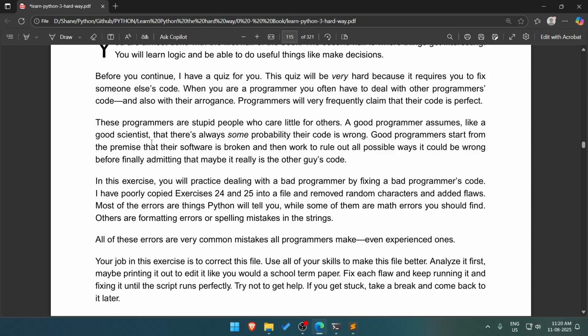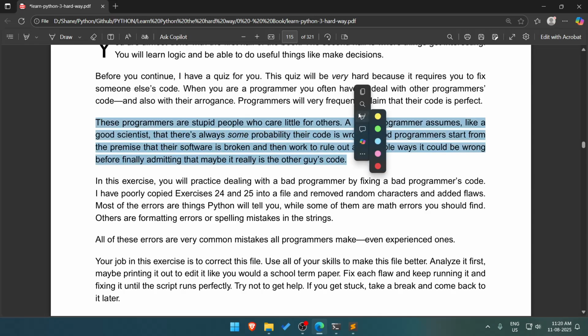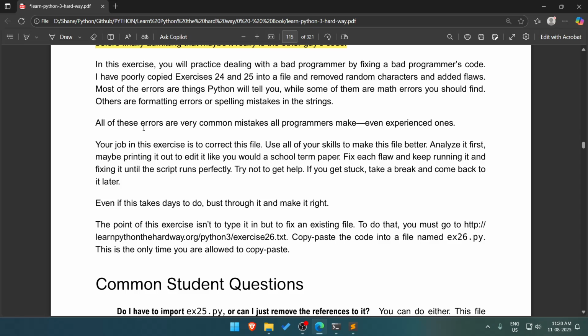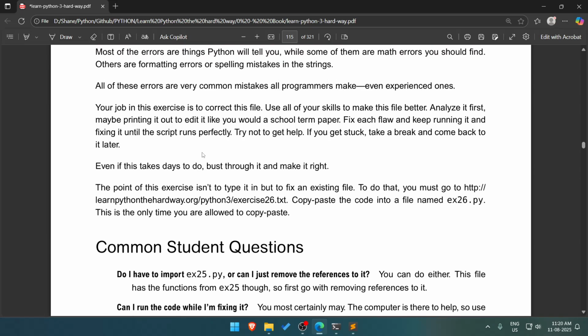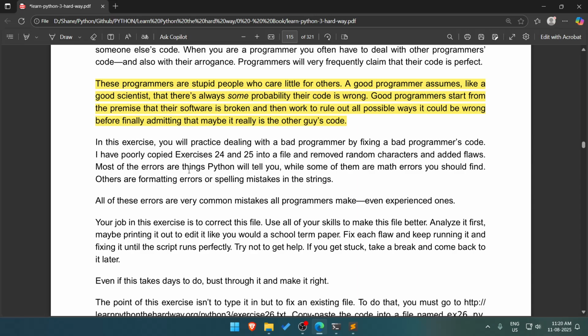Good programmers start from the premise that their software is broken and then work to rule out all possible ways it could go wrong, finally admitting that maybe it really is the other guy's code. Okay. In this exercise, you will practice dealing with a bad programmer by fixing a bad programmer's code. I have poorly copied